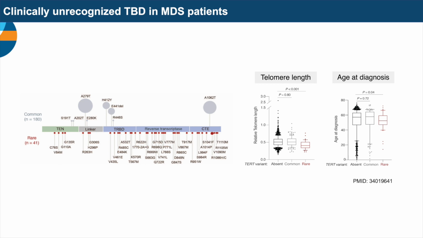And so what this information has allowed us to do at Dana-Farber is we've now systematically, for every patient that has a question of a blood disorder, they're all screened for gene variants in telomere maintenance genes. And this has allowed us to really capture many, many more patients that are at risk for blood cancers that would otherwise go undetected. And so this is another key aspect of our work in our program.